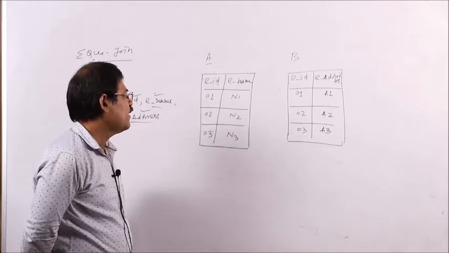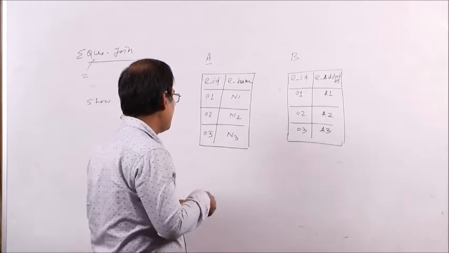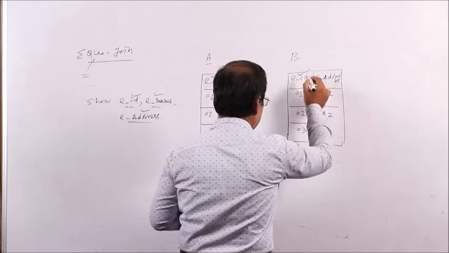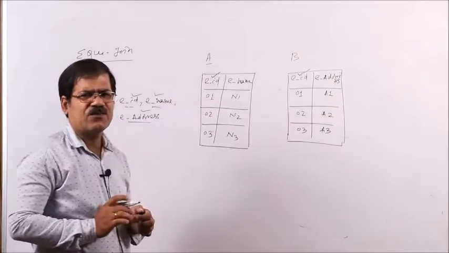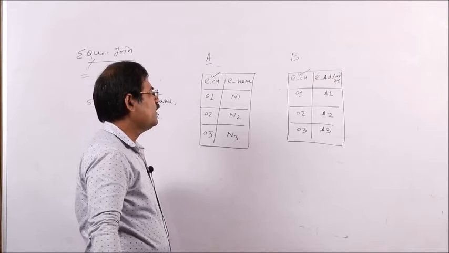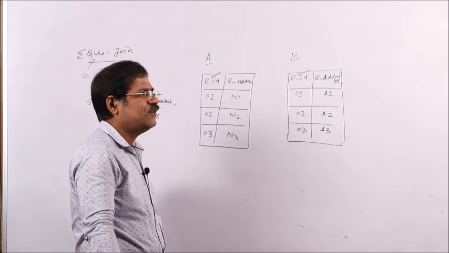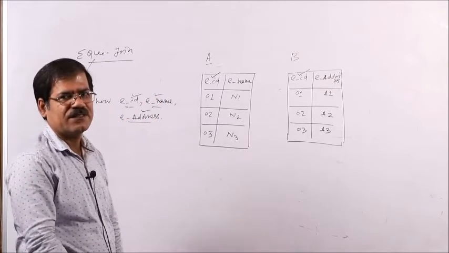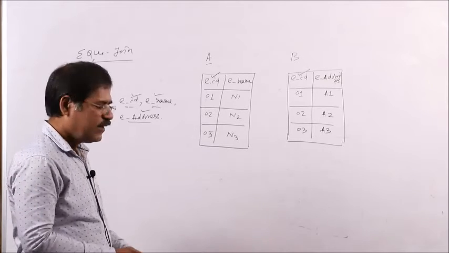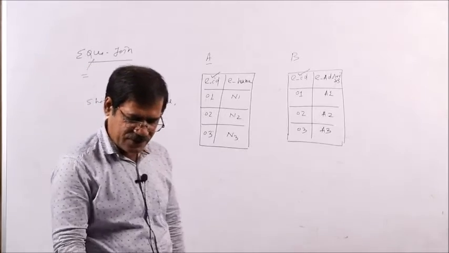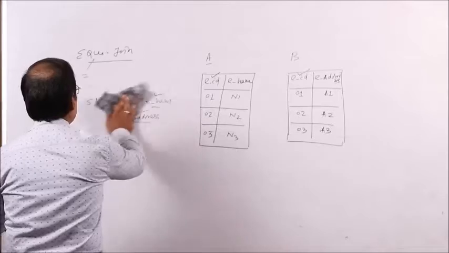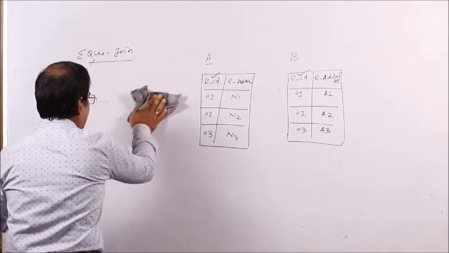So, what is your common attribute? Employee ID. Employee ID is present here and employee ID is present here. So, there is no need to perform the Cartesian product here, because one common attribute is present. If there is a common attribute, you perform the join operation by taking the equality condition. So, how to join the two tables? You perform the equijoin by checking the equality condition.